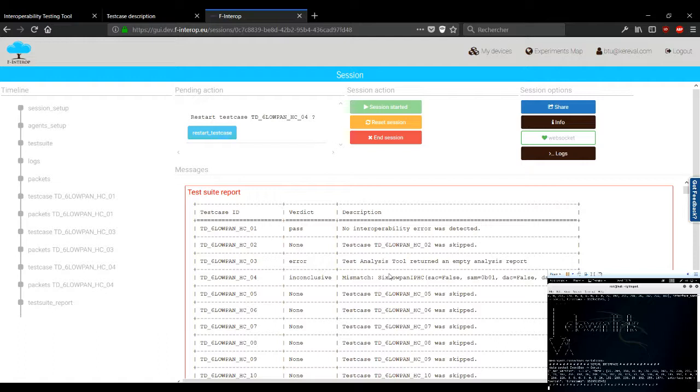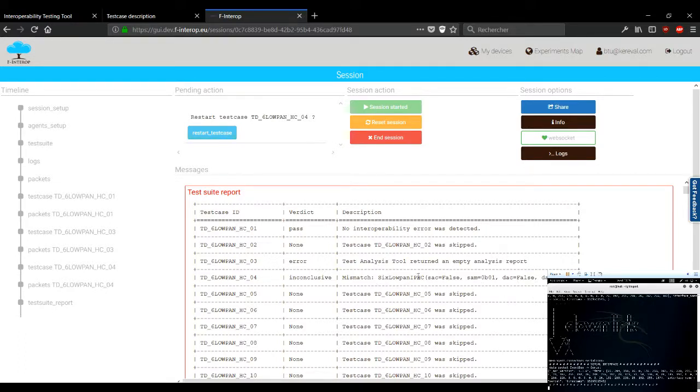And the fourth one, with an inconclusive verdict, means that you have done the test. The test was mostly successful, but you didn't have the good configurations. You put the wrong configurations. For example, here you needed to have an up limit of 1, but you put an up limit of 64. So the test was not able to give a verdict because you did not have the good configurations. So you need to redo this test with the good configurations.